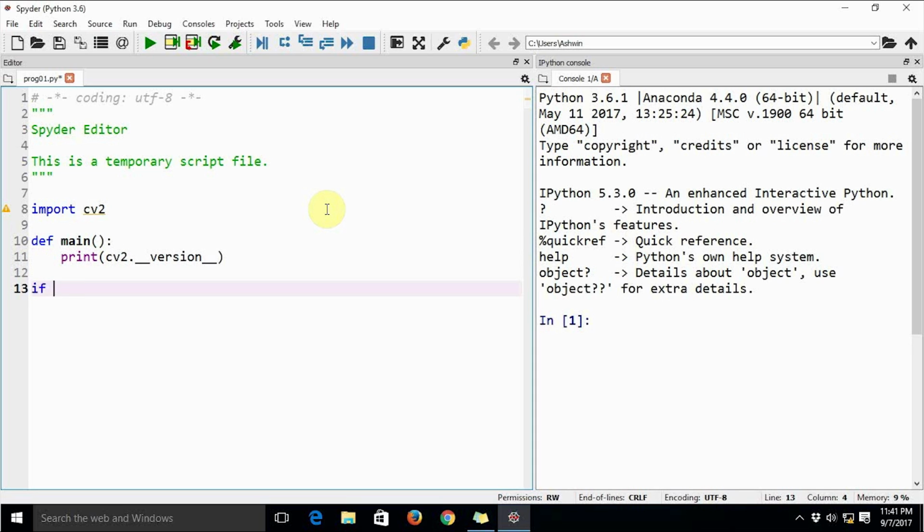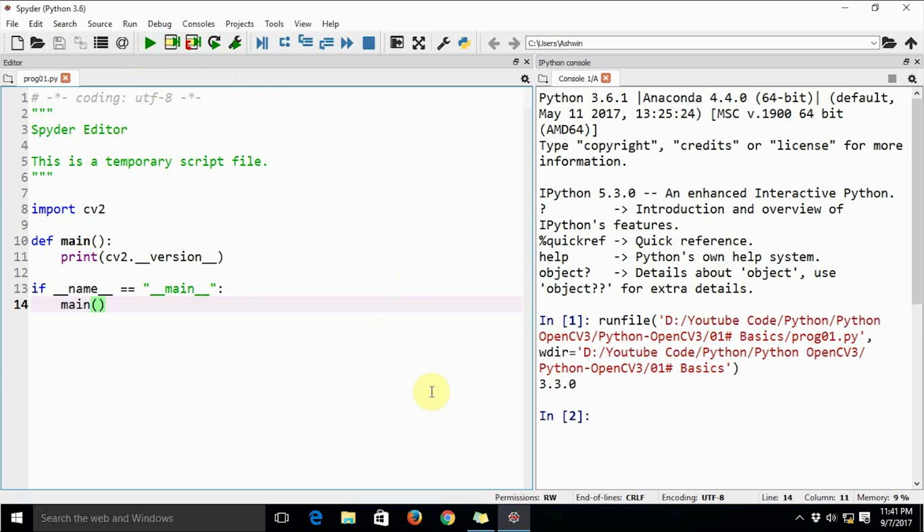If name equal to main, then we will have the main function call here. Okay, and this completes the program. So let's try to execute this program and see what the output is.